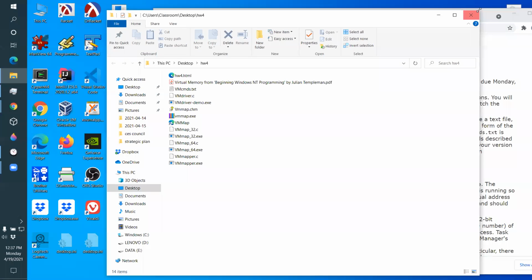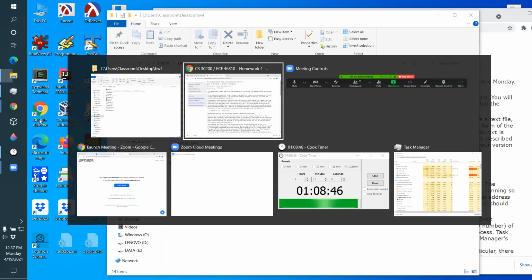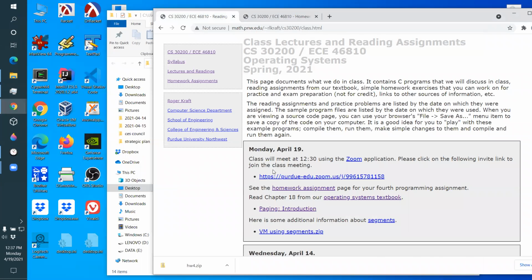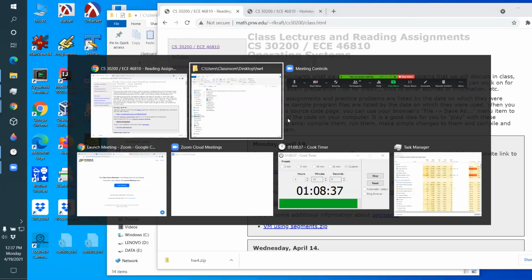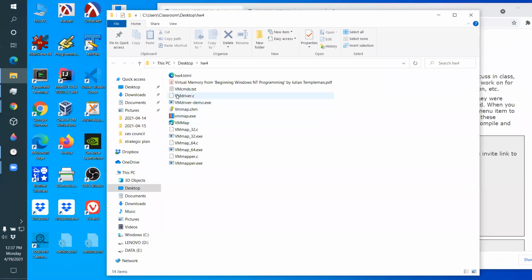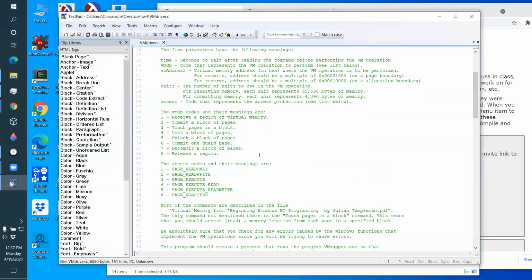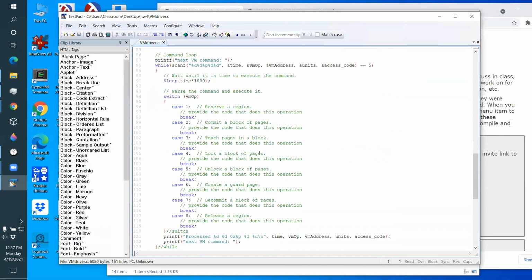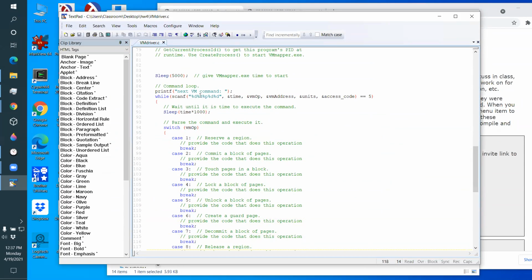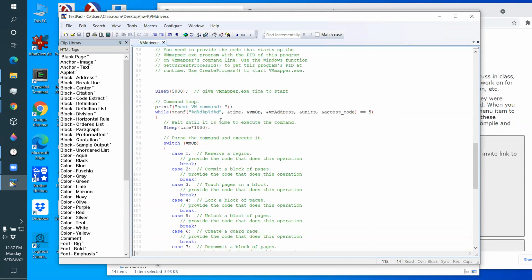So you can read the assignment, but in the course website, there's a reading assignment for the next chapter of the book, which is starting on paging. You can read that and look at the homework assignment, and we'll talk about it in more detail on Wednesday. But the bottom line is that you have to write a little bit of code. You write one or two lines of code in each one of these case statements. It's not writing a lot of code, but you have to read a